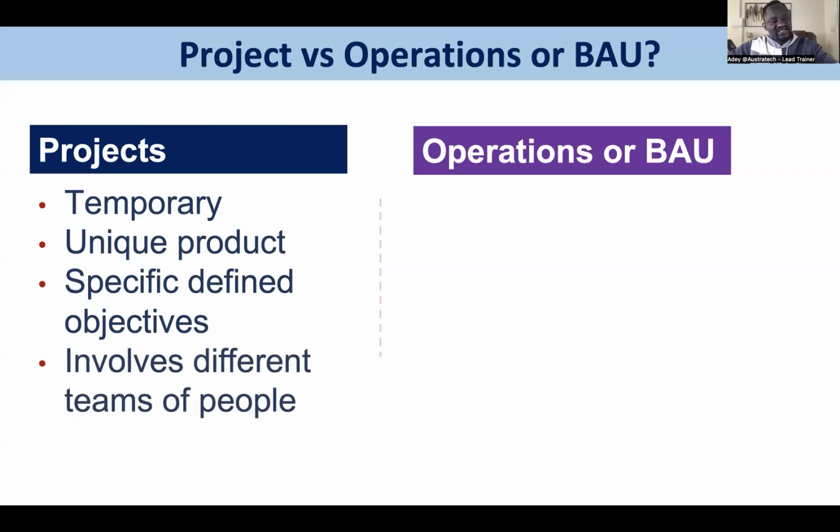Now, the thing with projects is that it will have the involvement of different people. These people have different kinds of skill sets, and in project management terms, we call them technical practitioners, or we call them subject matter experts. They come with the skill set necessary for delivering that project. Then there will be someone that manages them in the person of a project manager. We'll talk about that a bit more as we go when we start to define project management.